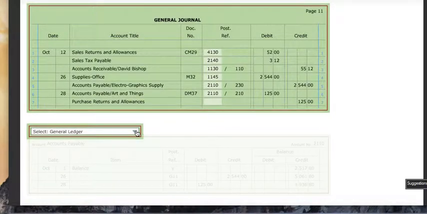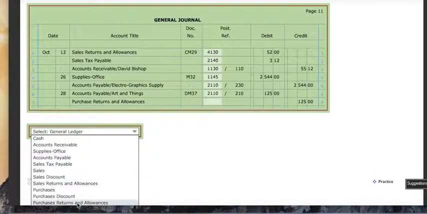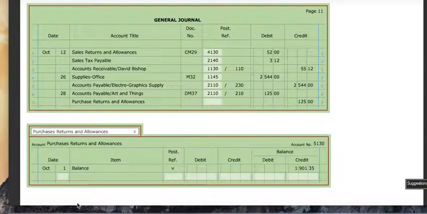Alright, now last one, purchases, returns, and allowances. So open up that ledger. And we have the date of the 28th. We're using G11. Credit of 125. 5130 is my account up top here. So I have a credit plus a credit gives me a grand total of 2026.35. Alright, so as you can see, it's just taking numbers from the journals and posting them in the ledgers,